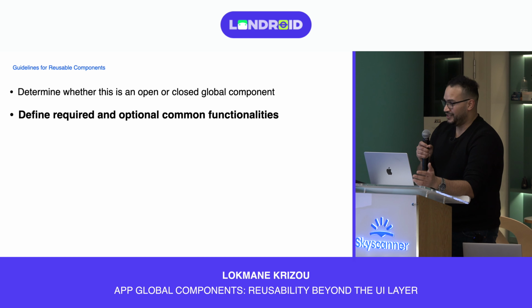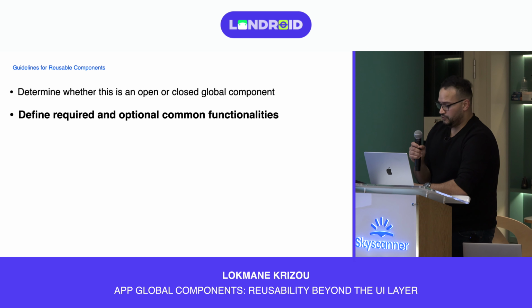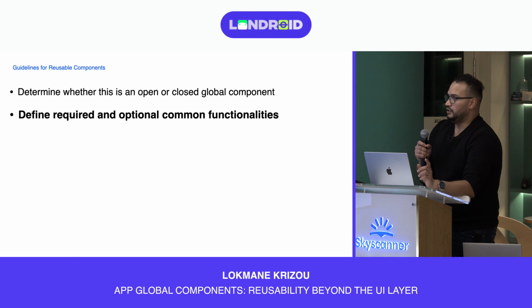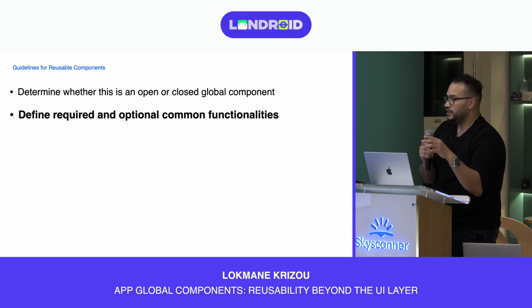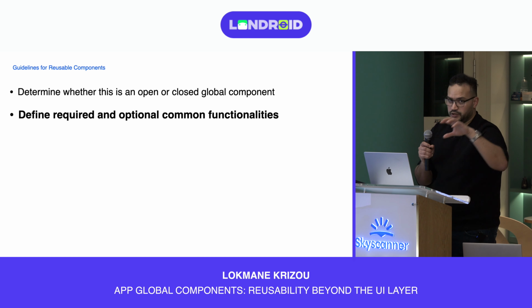If you are going to create one open global component, then you need to define the required and optional common functionalities. By doing that, you need to make sure that if one screen or one feature requires a functionality but the other screens don't need it, then you speak with product and design and see if we can actually expand the use of this functionality to the other